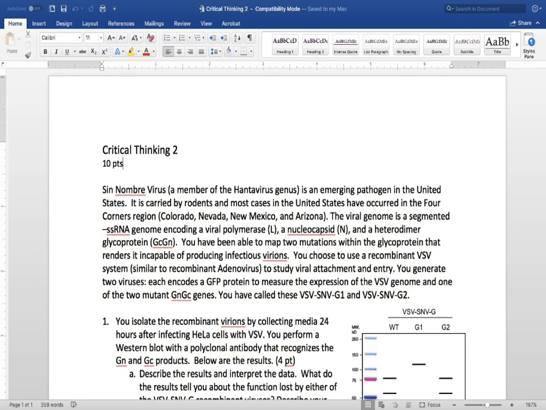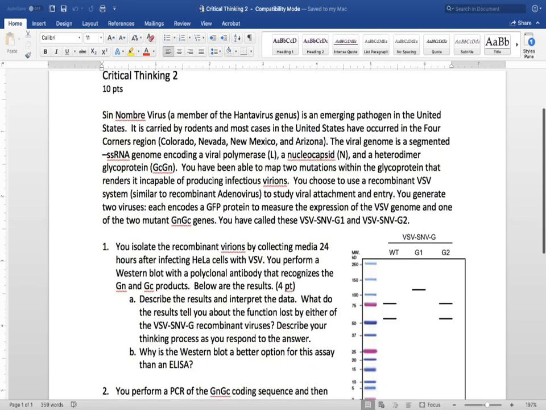And then you also have here a GFP protein to measure expression of the genome. So this would be one where green fluorescent protein is put into the genome as well. As soon as you get RNAs being transcribed and then being translated, you're getting GFP as a way to detect which cells have truly been infected. So this would kind of be like, if you were trying to track which cells are infected, it'd be kind of like an immunofluorescence. All right, similar idea. All right, so with that set up,